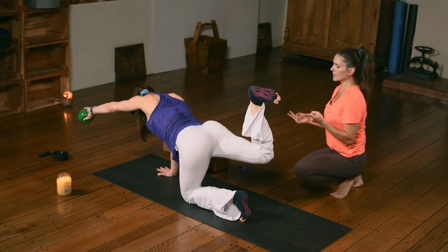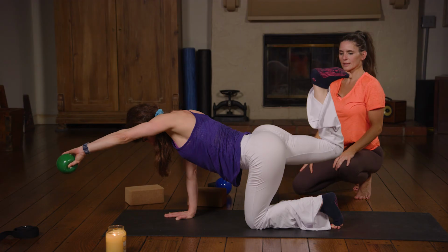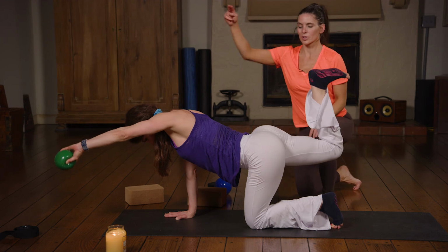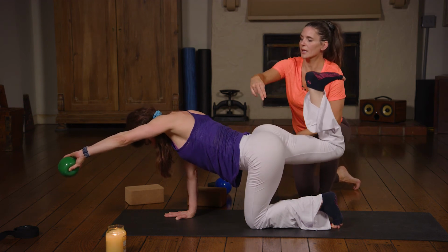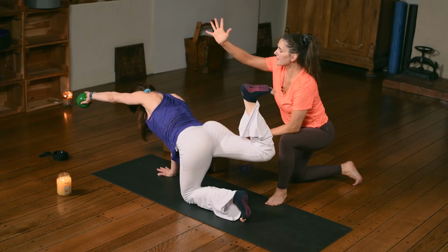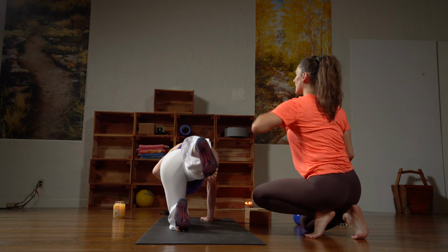Now we're going to start it up. Here we go. For 8, 7, 6, 5. We're squeezing, 4, 3. That glute is on. 2. Get that left arm to lift. Hold it up. Beautiful. Now we're going to straighten that back leg, and we'll bring a straight arm out to